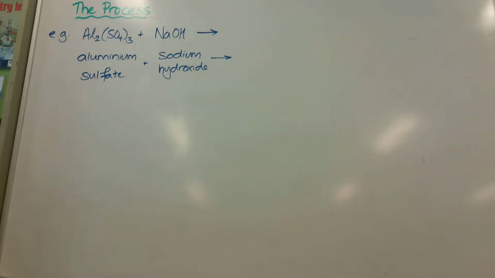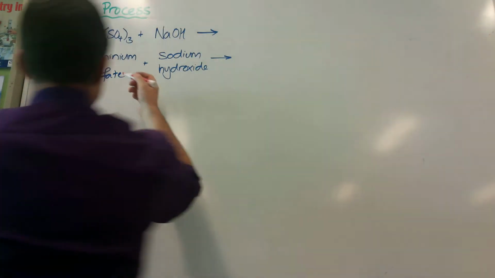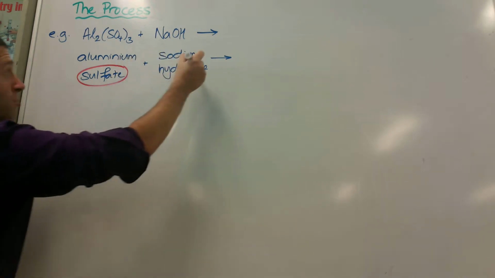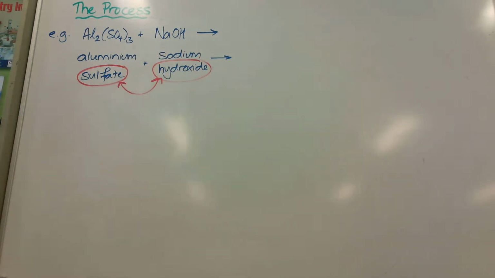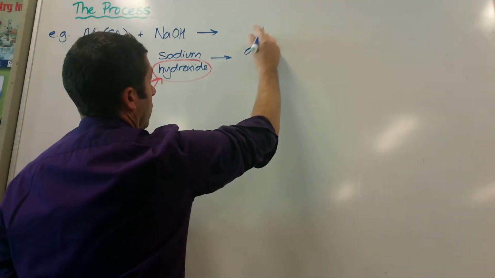So what I'm going to be able to do there is grab the anions and swap them over. Because it's a precipitation reaction, I'm going to grab those two names and trade them to become my products. I'm going to swap them over. So I end up with, whoops,